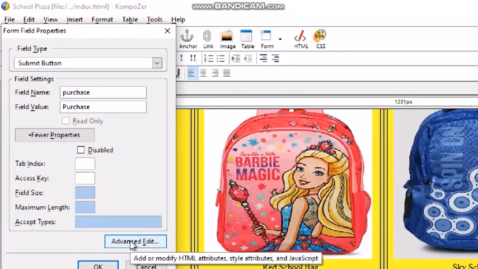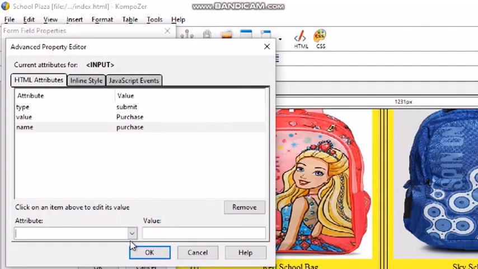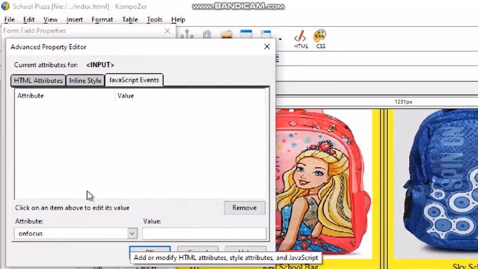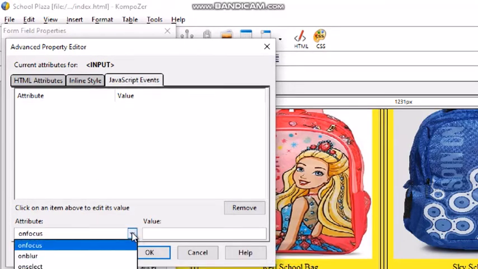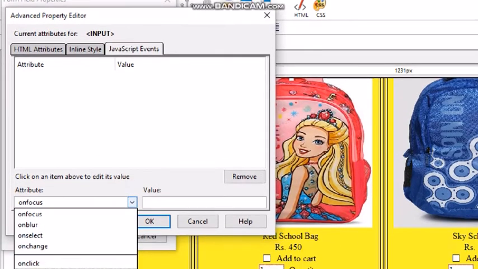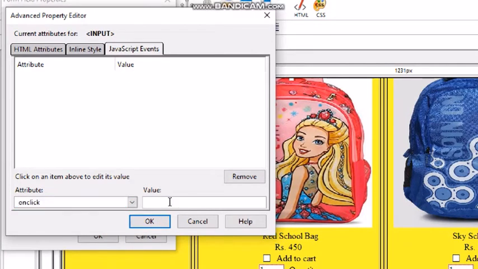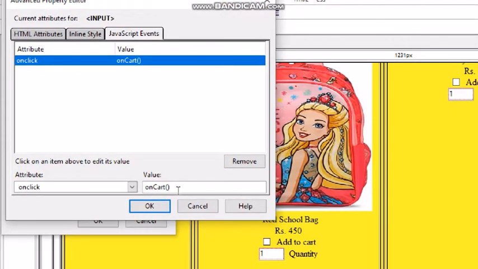Now click Advanced Edit button. In this JavaScript events, here we will select attribute as onClick and value of that attribute as onCart. Write C as capital letter, means on click of purchase button, it will call a function named onCart.